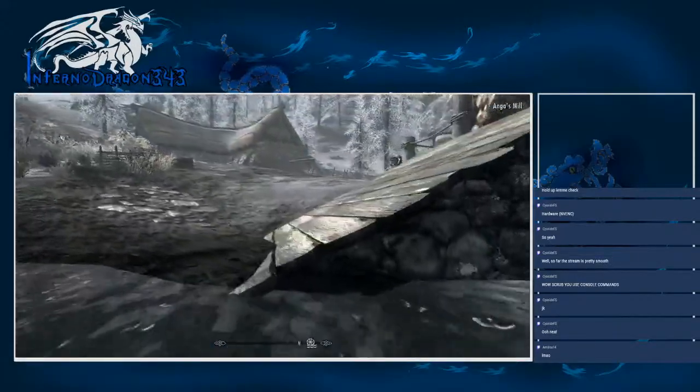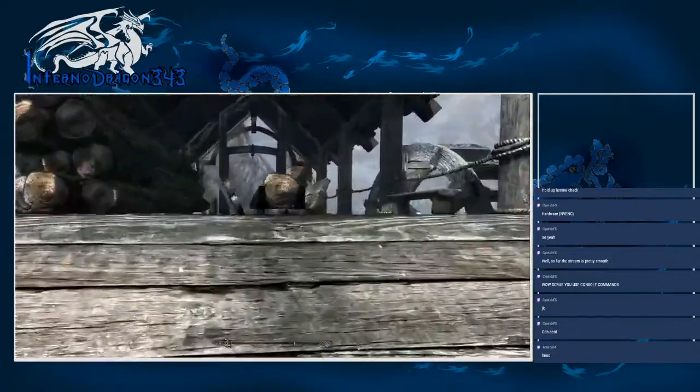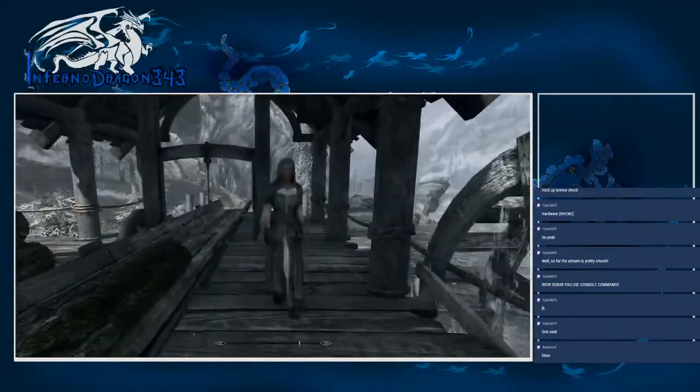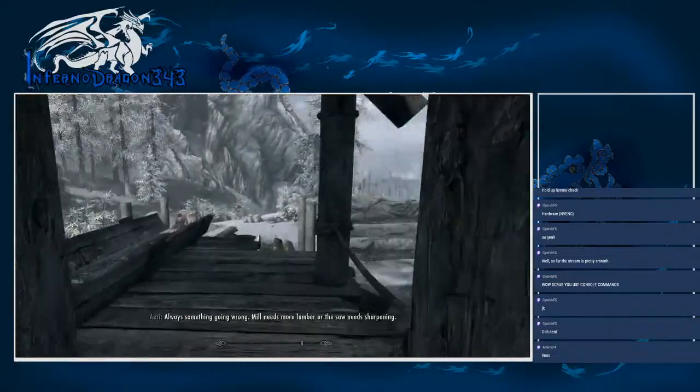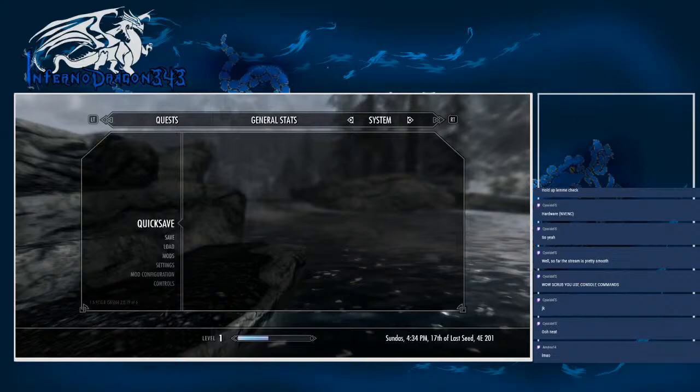That's Anga's mill. How much gold do I... 120 gold?! Oh. I think I'm starting to exasperate. Oh no! I was hoping to have enough